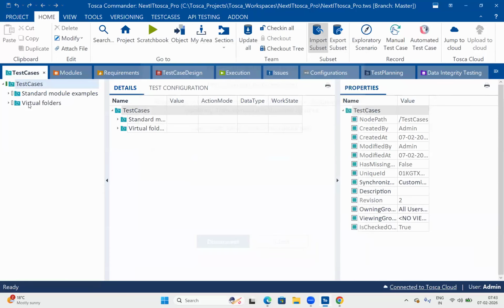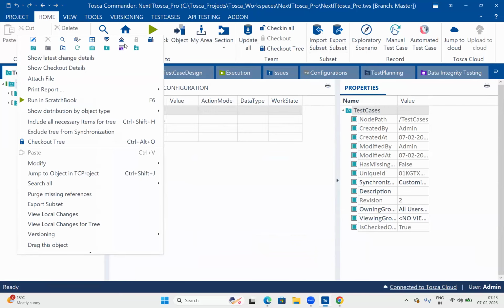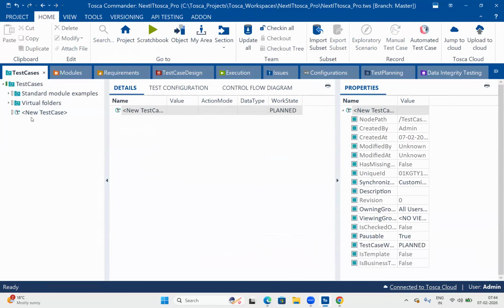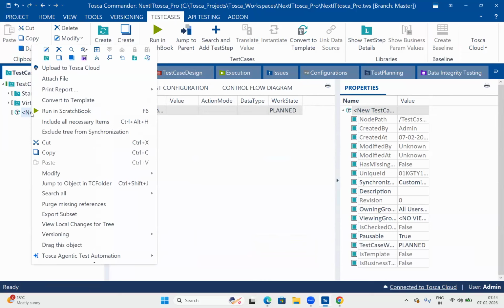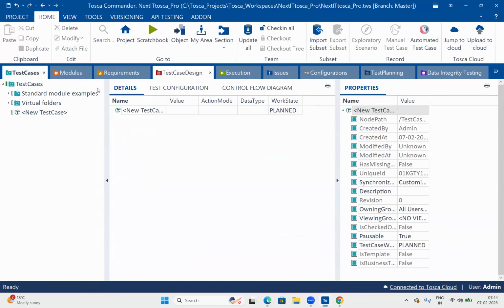Okay, now that means what are the scenarios? For example, if I create one particular test case here, let me create one test case. So if I want to upload this one into cloud, here you can see one option, upload to Tosca Cloud option. Yes, Anisha. So the meaning of that, if you are learning Tosca Commander on-prem application, the same workflow we do in our Tosca Cloud also, and even you can upgrade your test cases to Tosca Cloud.